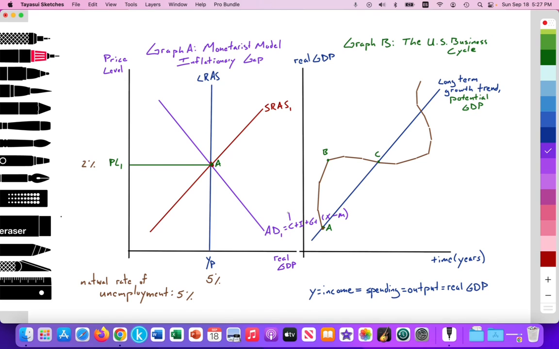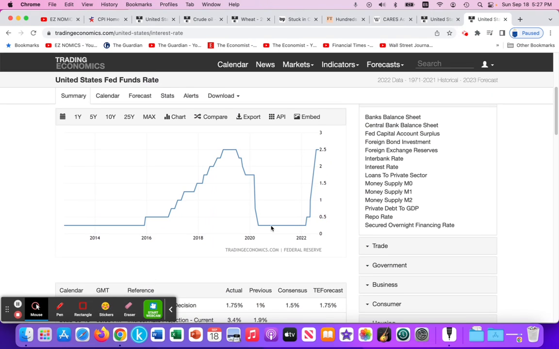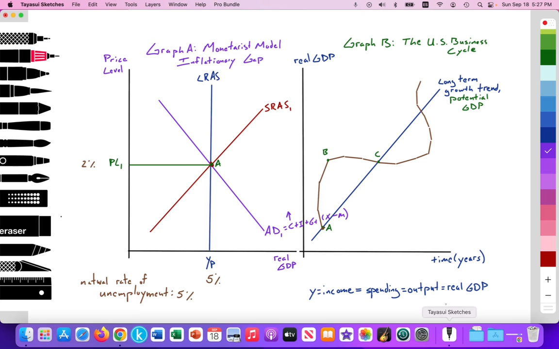So we started to see consumption spending rise. In addition, we saw that interest rates were low during that time, so households are also being incentivized to borrow and spend. Perhaps they're buying new housing. That's a component of investment spending. That physical capital is investment spending. And because of the rising household spending, firms are also increasing their investment spending. So C and I are increasing, and that's leading to a level of demand pull inflation.